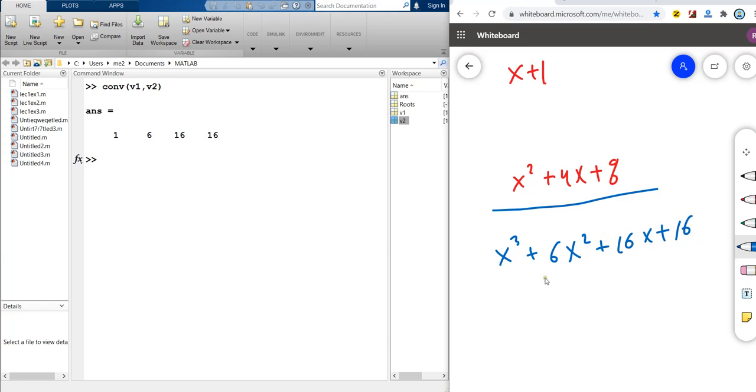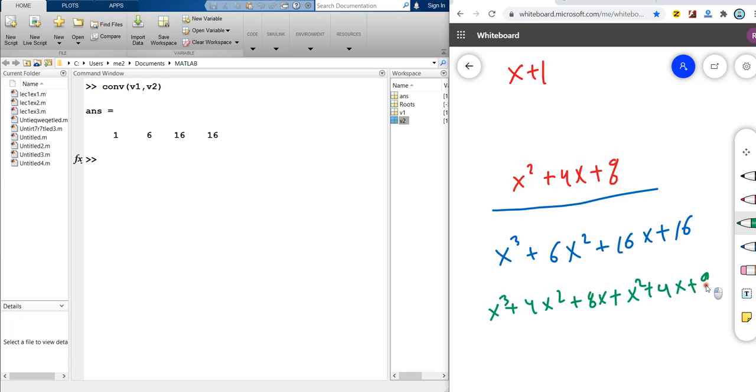Now let me show you how we can multiply using manual. So x multiplied by x to the power 2 will be x to the power 3. Let me change the color, okay, because this is manual. This is manual multiplication. I will do it by myself. So x by x to the power 2 will be x to the power 3 plus, next x multiplied by 4x, it will be 4x squared plus now x multiplied by 8 will be 8x plus now 1 multiplied by x to the power 2, it will be x to the power 2 plus 1 by 4x